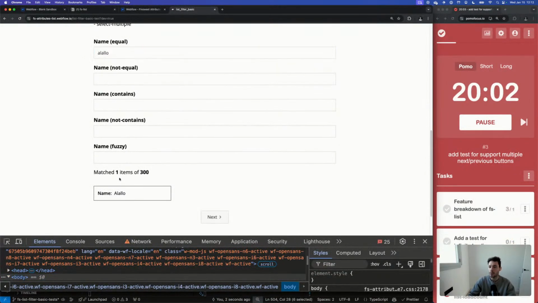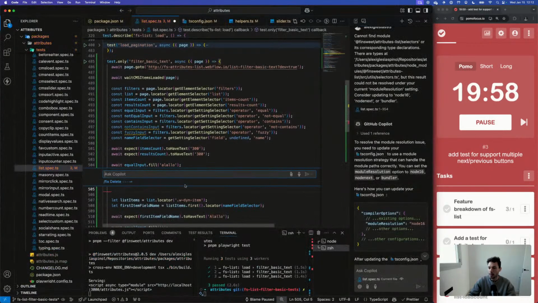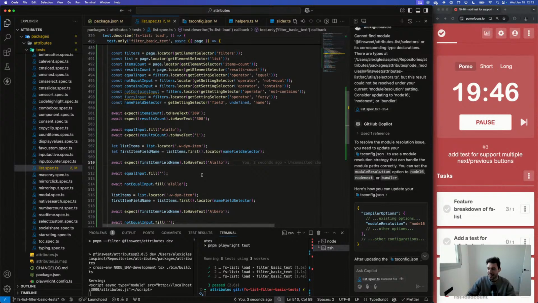Okay, after writing a lalo in here, we should get just a single item. So expect results count to have text of 1. I could simply copy this line. We can do it in here. Okay.